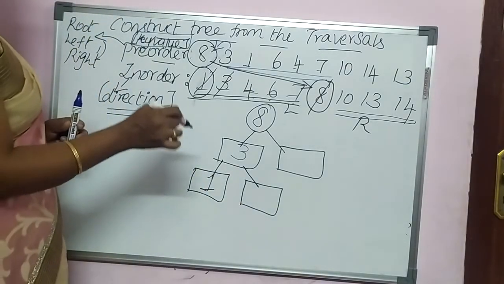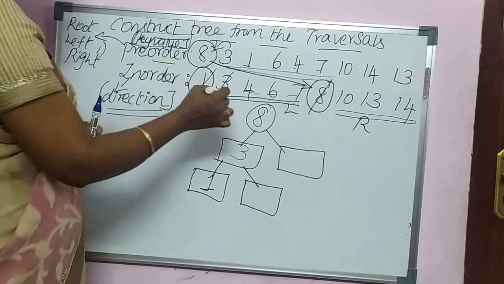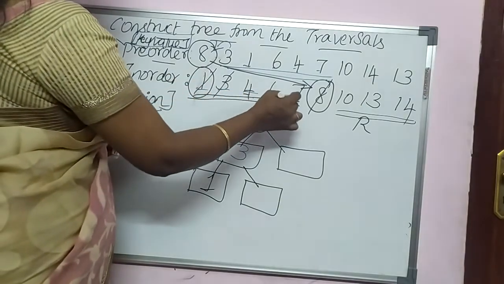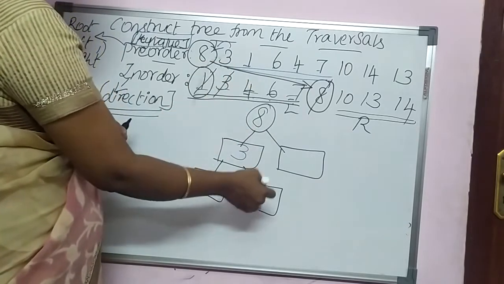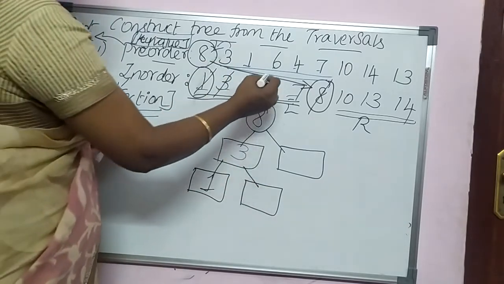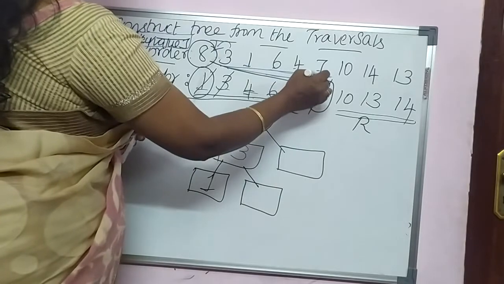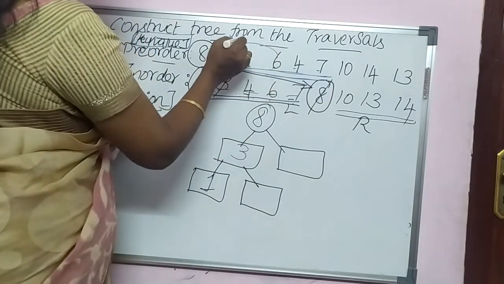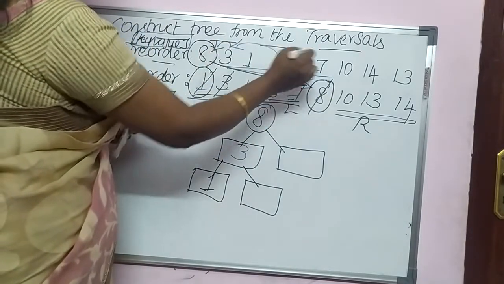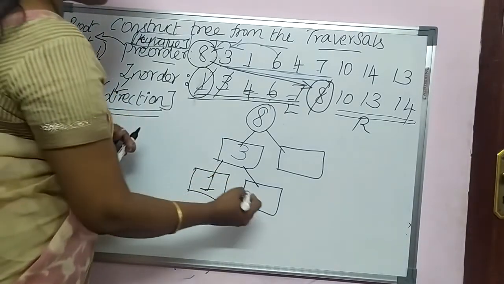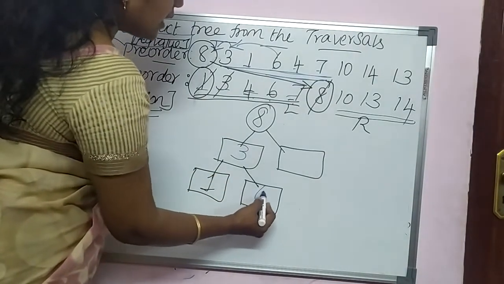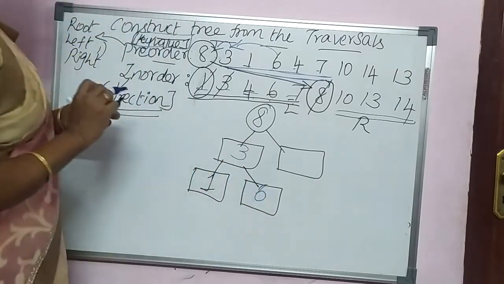Out of these 3 elements you want to identify which element I have to place. Whenever you want to identify the key, go back to the pre-order. So out of 4, 6 and 7, whichever element is very close to 8, that element you have to place towards the right of 3. I am just going to compare 4, 6 and 7. Can you see 6 is very close to 8 compared to 4 and 7. Which means 6 is the value I want to place towards the right side of 3. So 6 I have placed now.